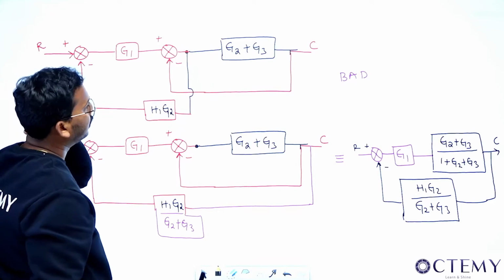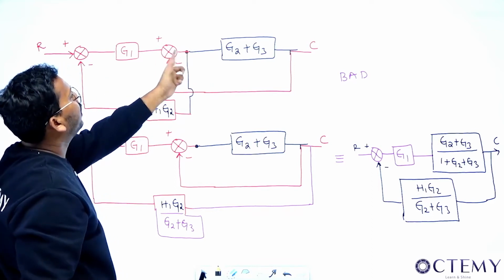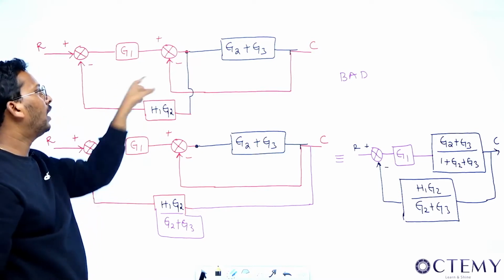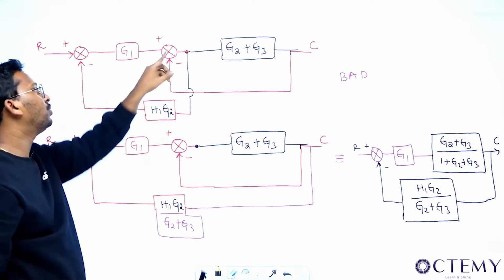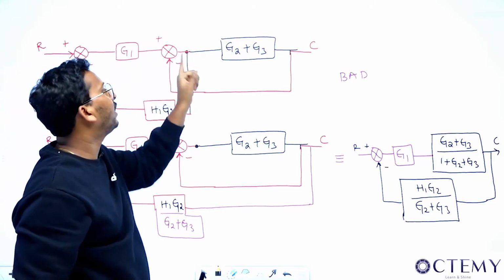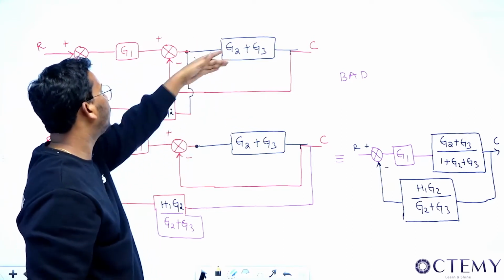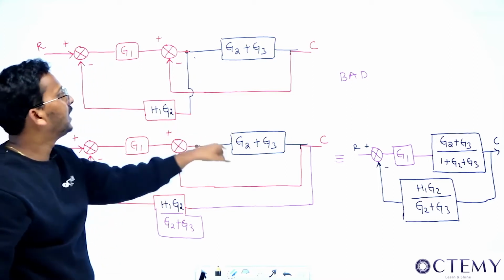Next, what did I do, sir? After doing this, again you had a choice between here to here and here to here. Don't always interchange your summing block and your takeoff point. Always choose your takeoff point and your gain. So you send this side. So this is before to after. That means bad, so divide. So division is done. This has become an individual loop.